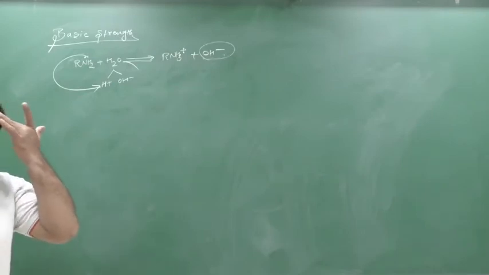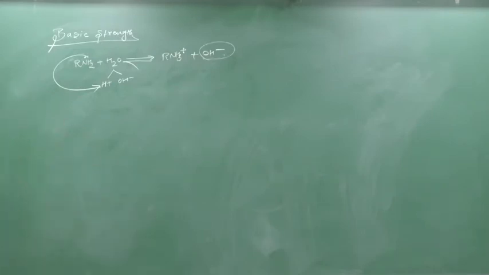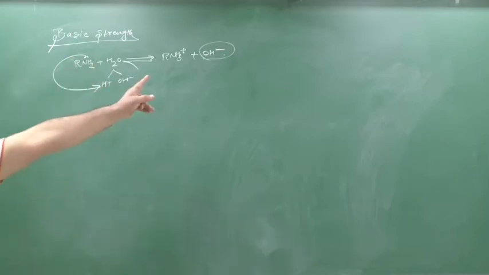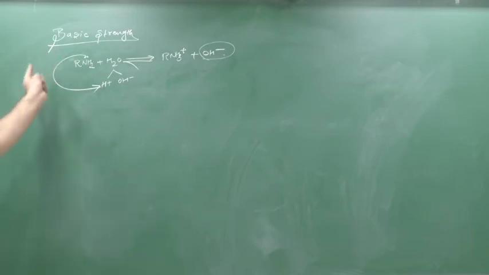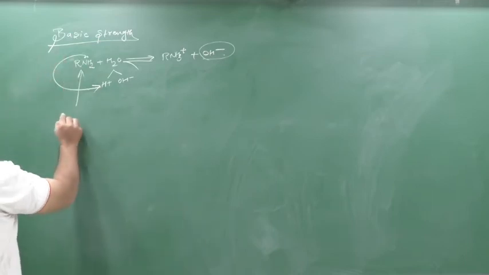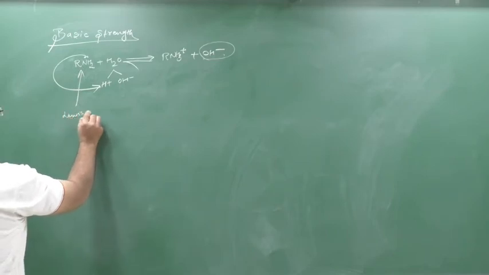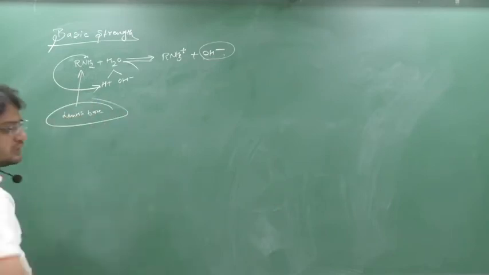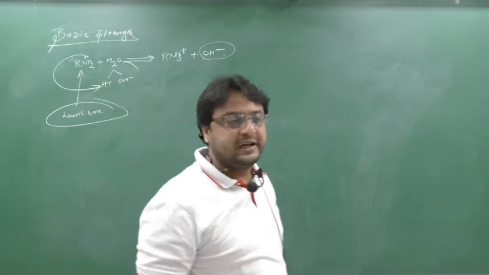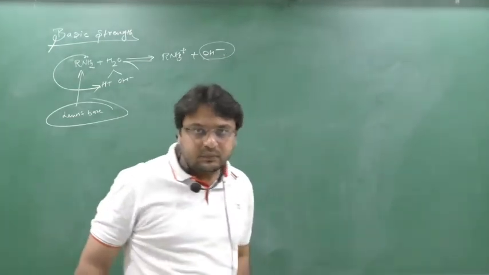If your H plus would not have been generated, OH minus would not have been formed. Yes or no? So any substance dissolved in water, if it generates OH minus, it's known as a what? Base. Now it is donating the lone pair. So electron donor is known as a what? Lewis base. So this also acts as a Lewis base. Yes or no? This is also a very important MCQ. So electron donor, Lewis base. Electron acceptor, Lewis acid.